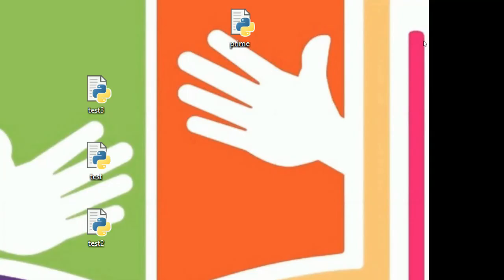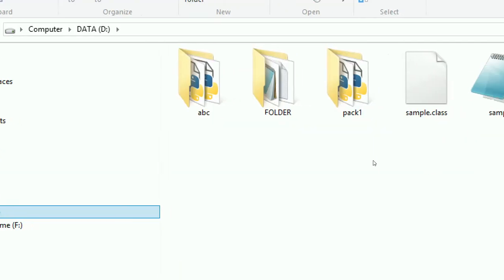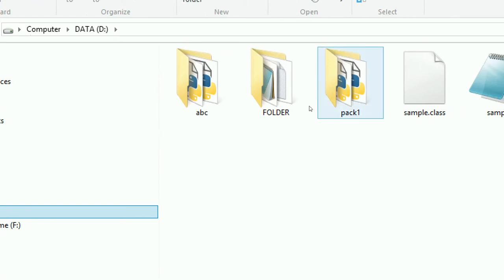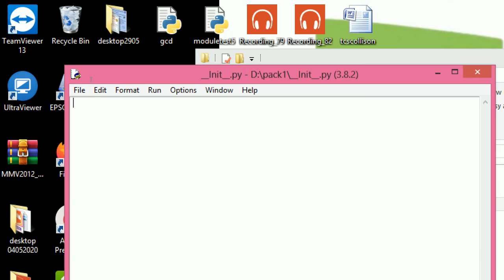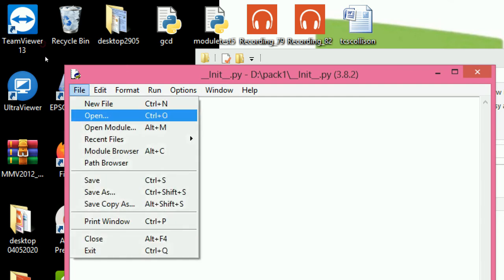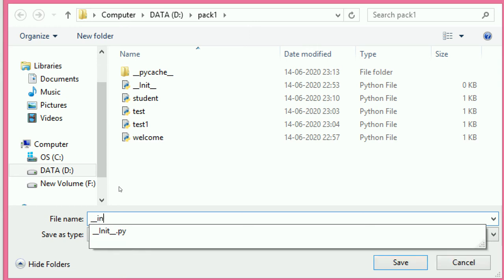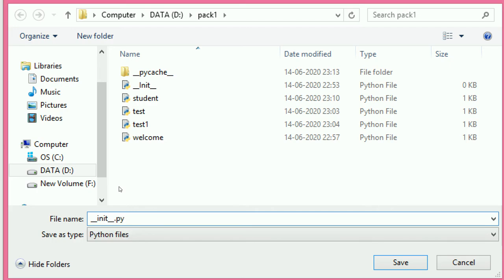So now we are going to see the execution of a user defined package in Python. In D drive, I am creating one package. The package name is pack1. So first you create one initiate file. There is nothing in the file. When you save this file, you give the name __init__.py.